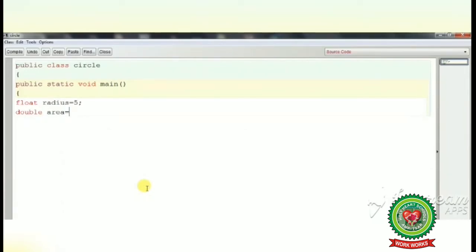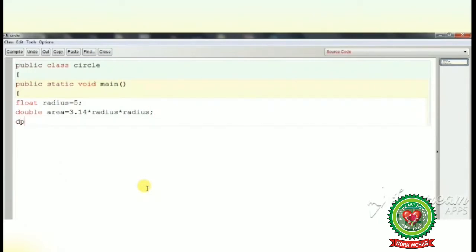Again we will write double area. Double is again a data type to get the decimal value, meaning after the decimal point there are more digits. For that purpose we are using the double data type. And area, that we have to find, is a variable name.